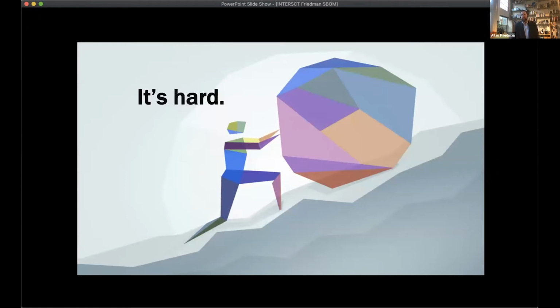The other thing we should acknowledge is that it's hard. And I'll talk about some of the challenges we're working on. But I think it makes sense to say we shouldn't put something in regulation that we don't actually know how to do. And in fact, that's been a big part of our focus here, is to say, let's address these problems as a community. Let's understand what it looks like. And that way, folks can start doing it. And then we acknowledge governments are going to government. And I'll talk a little more about that later.